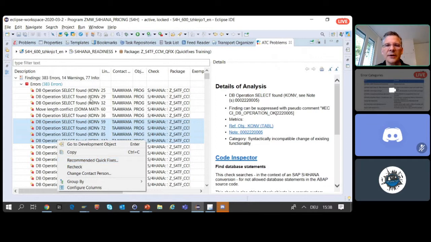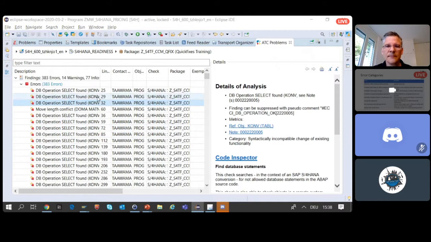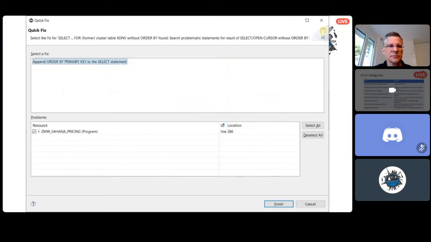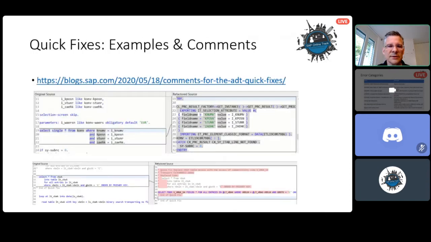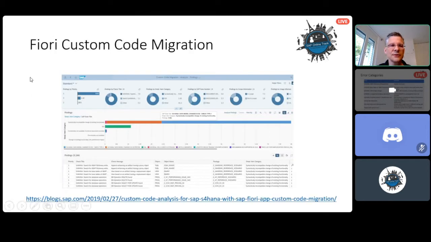And yeah, I think that's a really very useful feature. And it would be a shame to do that manually without the tool. It also adds the comment, so you see that the quick fix has done the changes. You can do the mass quick fixes, and it has a lot of patterns, like table VBUK as well. You can replace that. That's for the quick fixes. So really, I recommend to use that, and that's also an additional reason to work with Eclipse.